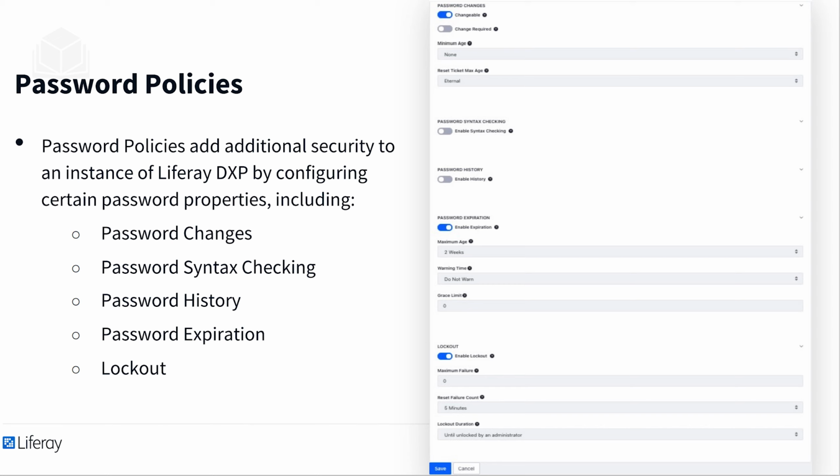All new users are automatically assigned the default policy. Additional password policies can be created as needed, and users are then assigned as members of the new policy in order for it to apply to them. Users can be assigned individually or as an organization. New password policies can also be added to the